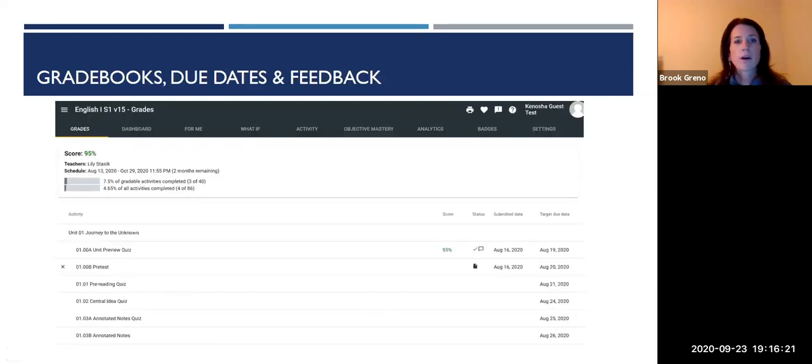Next up here we have an example of your gradebook. So this is from Buzz. Buzz is our learning management system. So this is where students log in. This is the gradebook they see. And it will have listed, again, every assignment and assessment that the student will be expected to complete in order to earn credit. It has the start and end date.